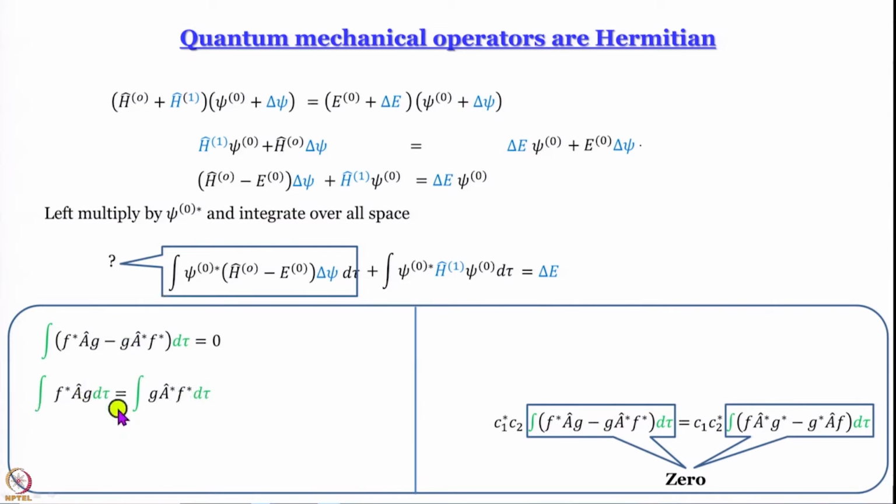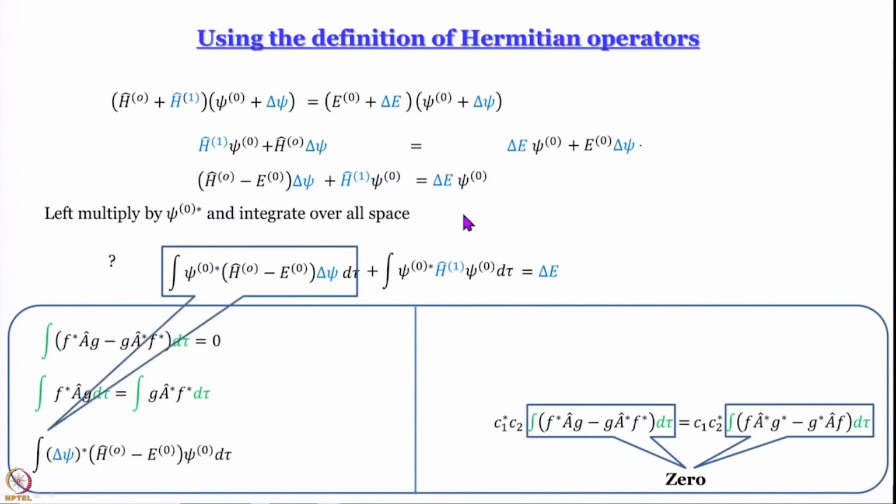And this equation is what allows me to do that. I have an operator operating on a function left multiplied by another function. What it says is that within the integral sign you can just interchange the two functions. Instead of f star, now f star will come here, g will go there. So, this is what we get. Using this expression we get delta psi star multiplied by H 0th minus E 0th. Now, H 0th complex is okay, E 0th complex is E 0th, H 0th complex does not make a difference. So, H 0th minus E 0th operating on psi 0 d tau.